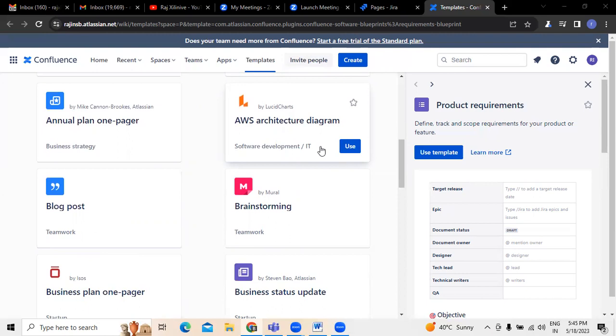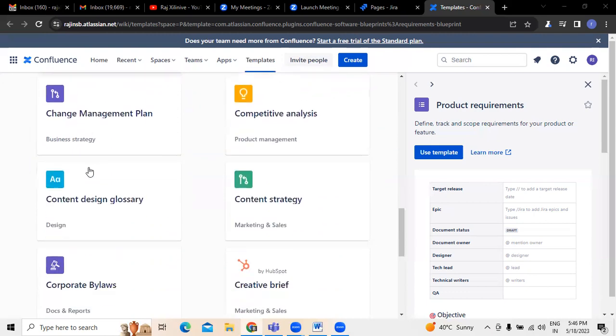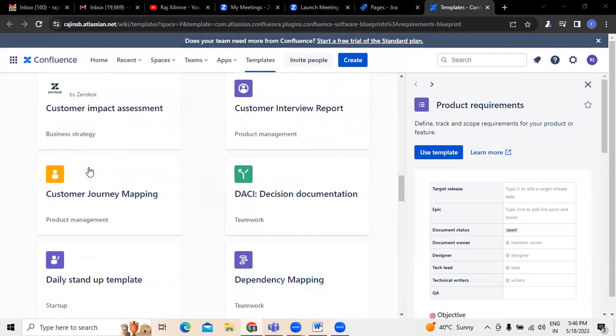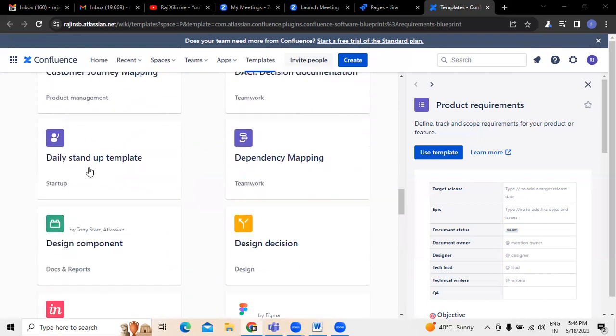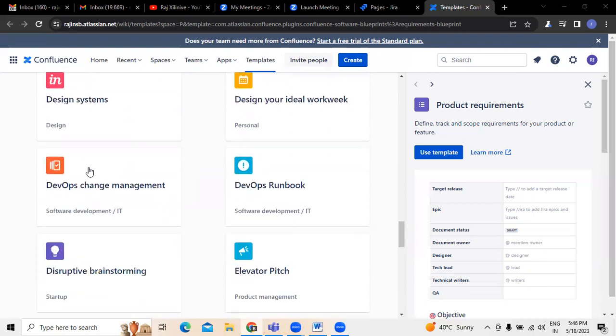At the same time, if you would like to know about capacity planning among the team whenever we are assigning a task to them, there is capacity planning, change management, competitive analysis. Different templates are available under Confluence, which will make our work easier. So today I am going to talk about the template we are going to use in reference to the